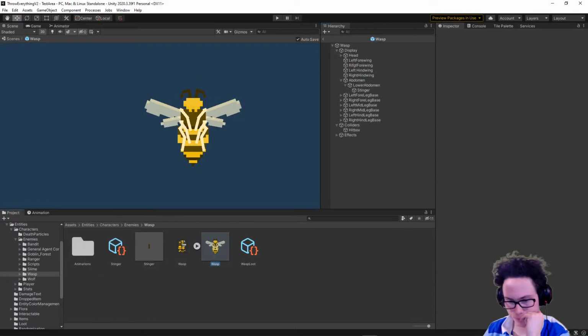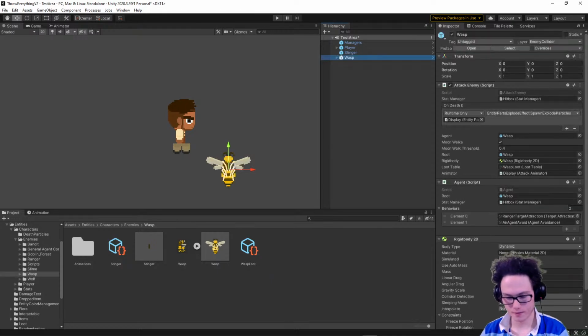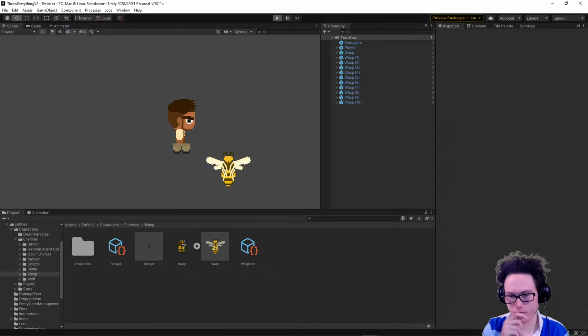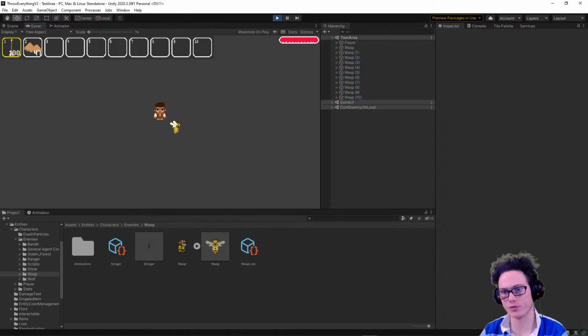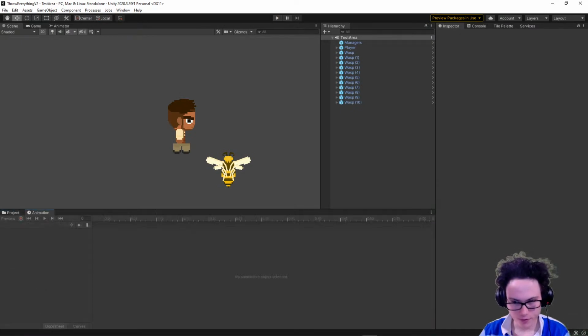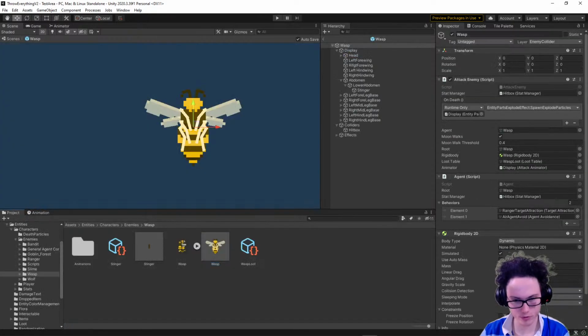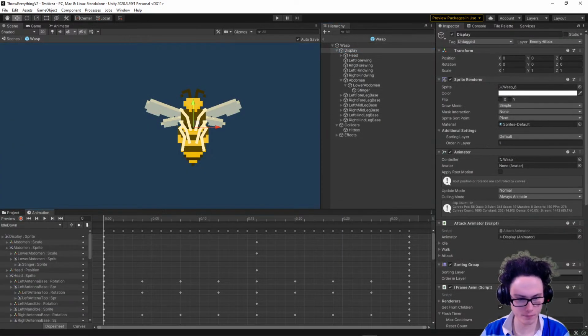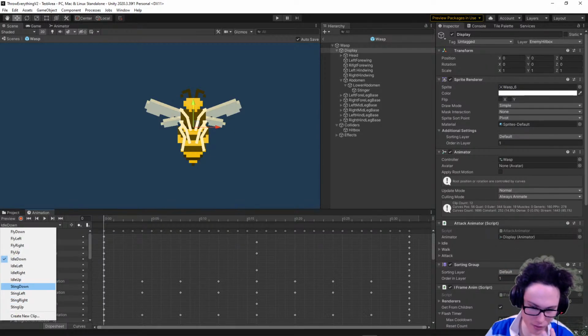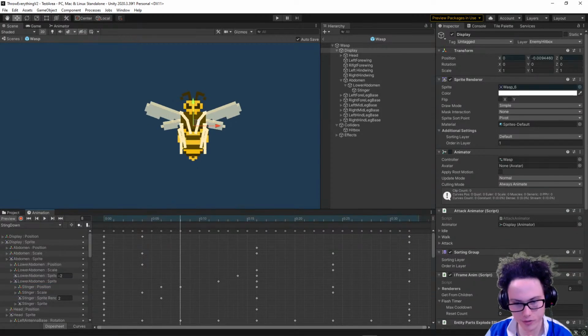I think we're good. Let's try using the wasp now. Hopefully this just works. Oh wait, nope, I forgot one thing. I already know that I forgot one thing. So the wasp animations, I need to go to the wasp animations. So let's go to the wasp, display, animation. Which one is it? It's sting. It's any of the stings. So for any of the stings,